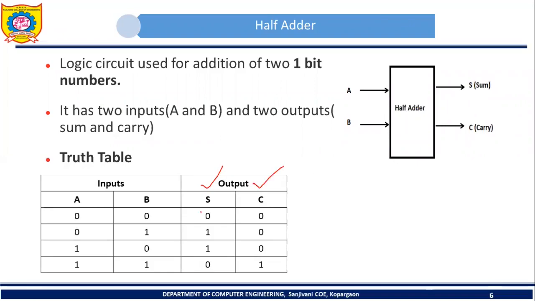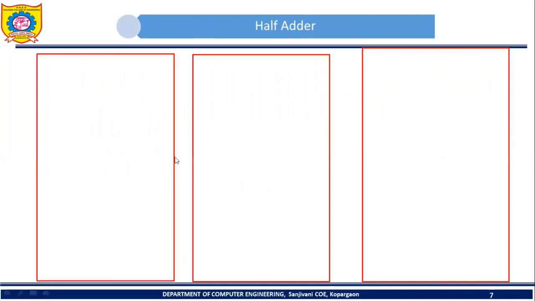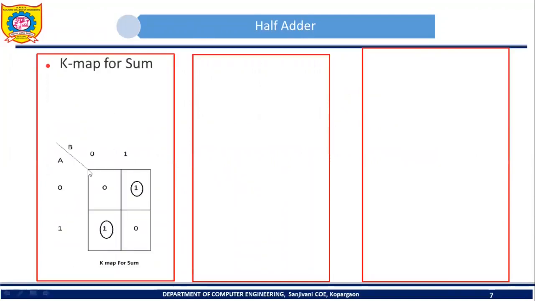So now let's try to design the K-map for sum. That K-map can be obtained from this truth table only. Already in the first unit we have seen how to draw a K-map. So let's draw the K-map for sum. The K-map for sum will be like this. Here you can see these 2 ones. Now these 2 ones are not adjacent to one another, so a pair is not possible. We have to make a group of each isolated one.